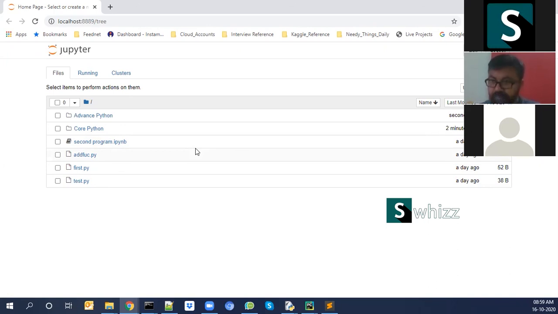I'm selecting new folder and I'm getting an error saying an error occurred while creating a new folder. Creating folder failed.